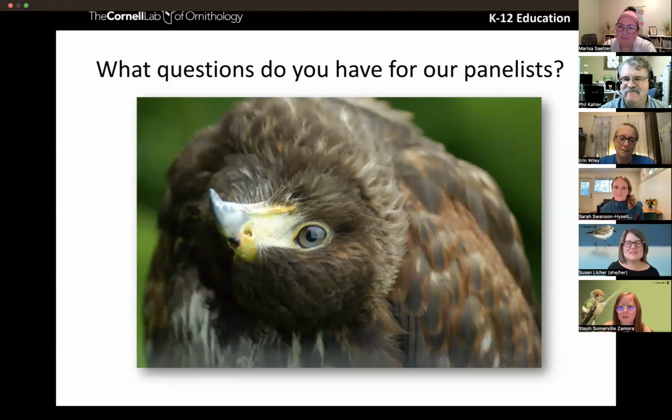How about anyone else want to jump in on that one? That question? Sure. I have chickens at my house. I start off with just bringing some of my chickens into my classroom and getting the kids acquainted with just looking at the birds. They're in my room, just walking around. They don't stay there forever, but for a couple of days they see silky chickens, and then it starts for them to notice things about the birds. And then I have a lot of bird feeders on my windows, and I love that the kids know birds. Like they start to identify them.